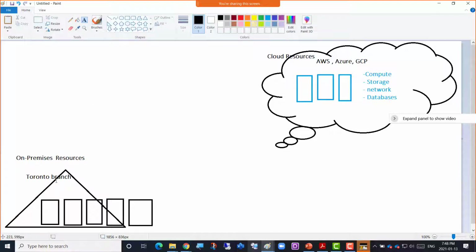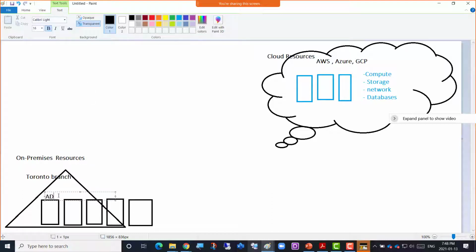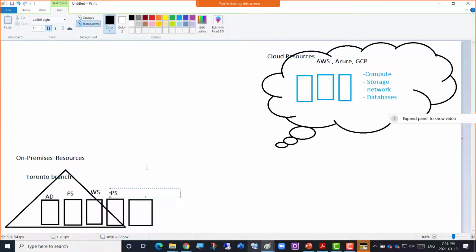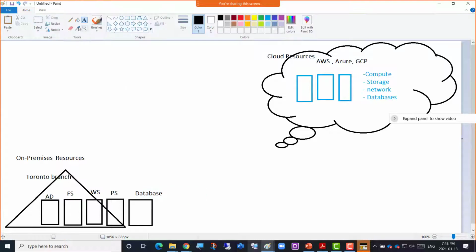And here you have Active Directory and file services, file server, web server, print server, and database server, right? Now the end users are using these services.